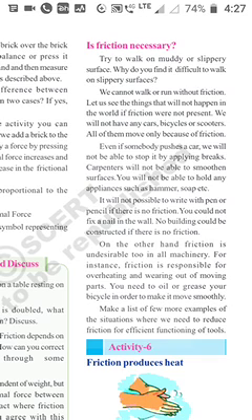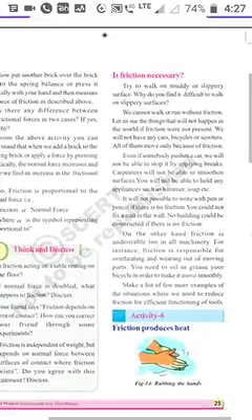Without friction, we could not fix the nails on the walls, and buildings could not be constructed. Machines also need friction compulsorily. Whenever the friction force increases, they give some noise. So to protect from that noise, the machines need oiling or greasing. All these we discussed in activity 5.